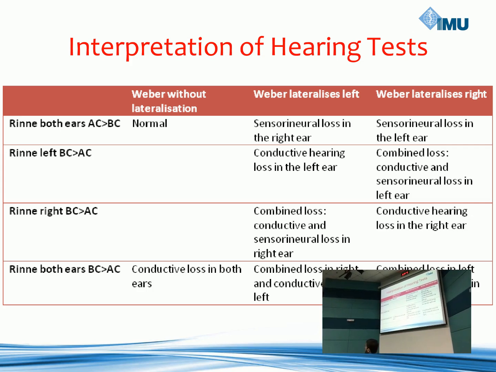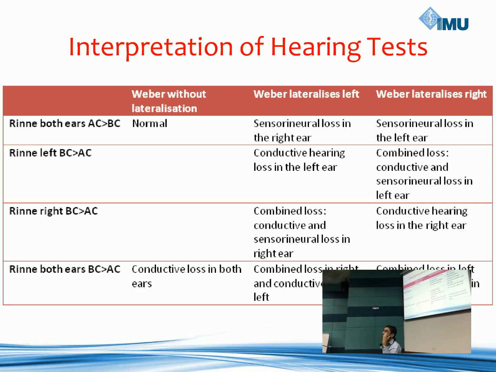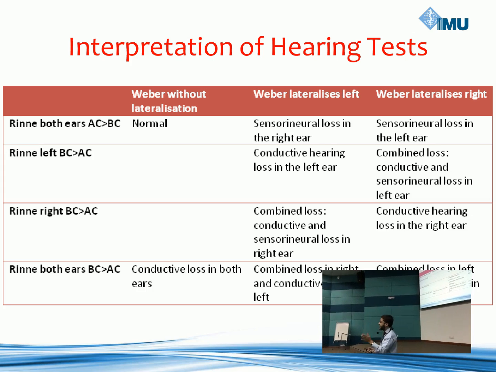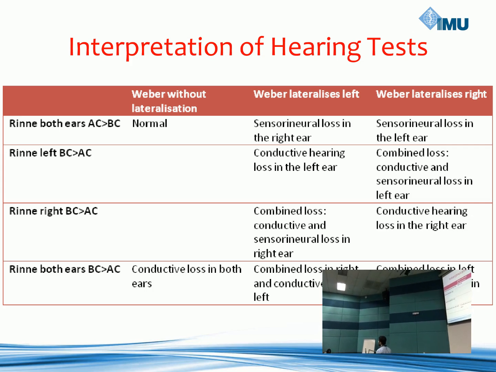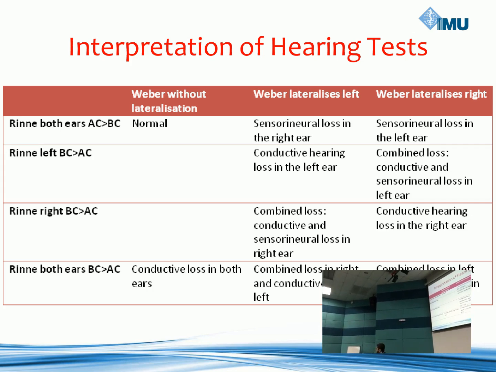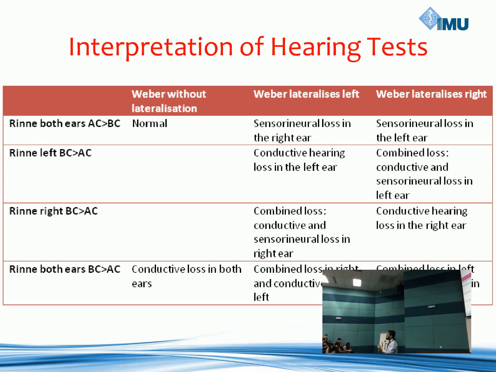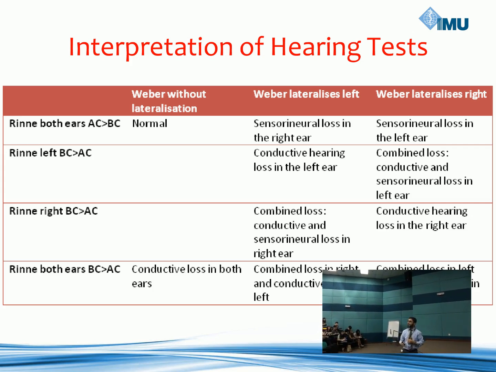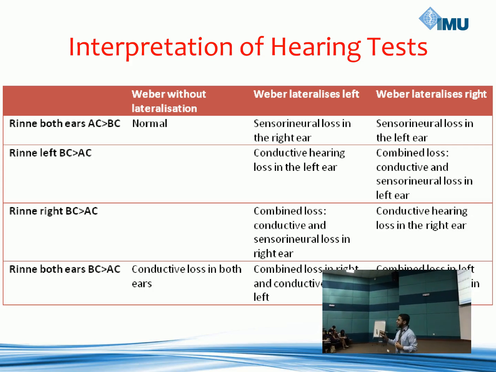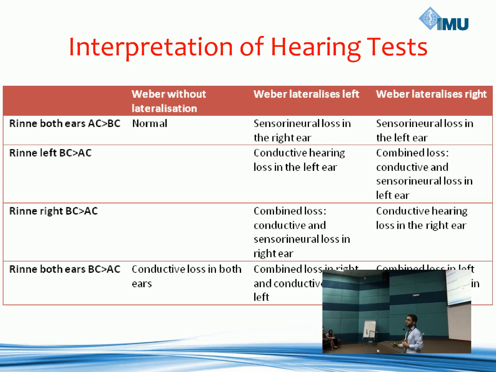could be conductive loss in the left. So there is a sensorineural part as well now. Weber can add that information. So by doing both these tests, Rinne's test and Weber's test, and putting the results in a table like this, you can be sure about the type of deafness on both sides. So just go through it again, try to make sense, and if you don't understand, you can always ask